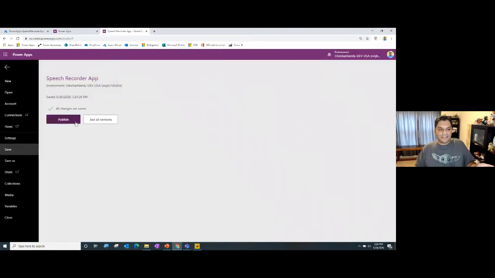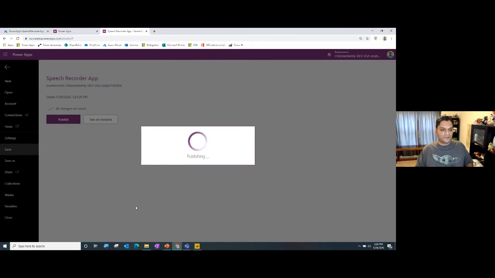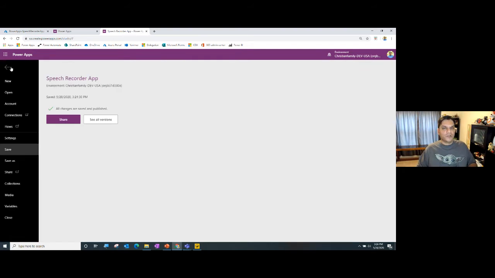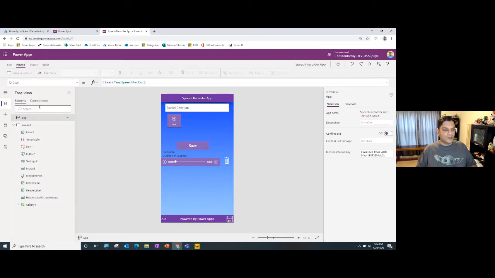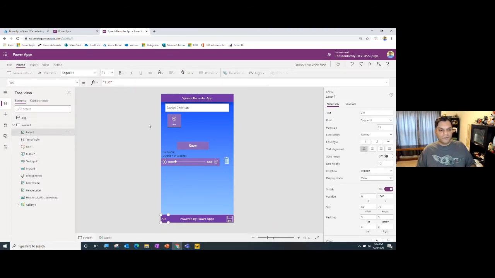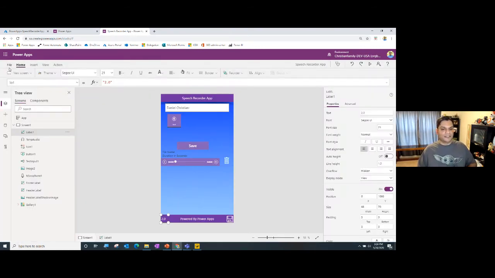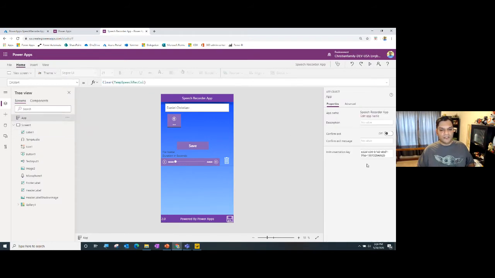It says that nothing is needed. Like I'm going over here and clicking it, publishing it. But if you went ahead and pasted something, they would say that there was no change made. So if you come across that situation after you've saved it, just go ahead and do something, click on something or move something a little bit, just make a change because you've got to save this app and make sure that the app that is saved is the new app with the instrumentation key.